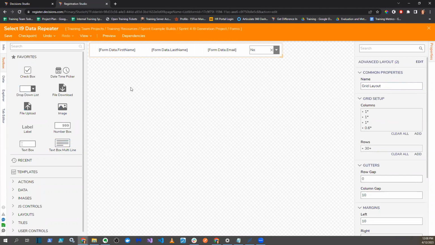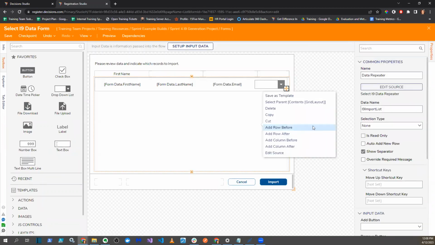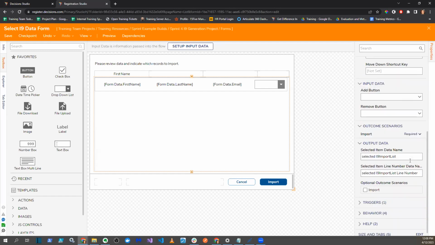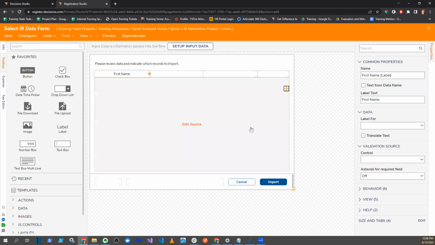I just don't see anything in the properties that would say, hey, give it a default data. Let me click on the properties. Is read only, selection type, visual indicator, that's just lines on the side and stuff like that. Auto add new row, override require message, behavior. Yeah, so I think the best bet would be to use these labels. I'll research